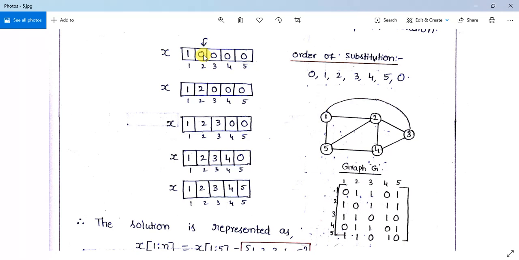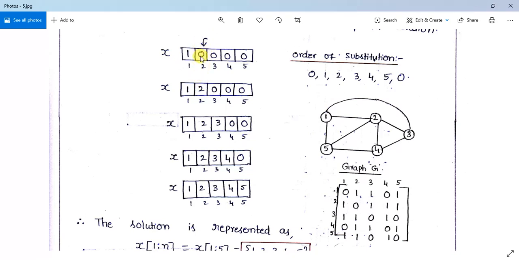The vertex should not be repeated. There should be an edge to the previous vertex. Suppose you are in the last index position, whatever value you consider there, there should be an edge to the starting vertex. So like that I need to check which vertex is more suitable for writing in this box.